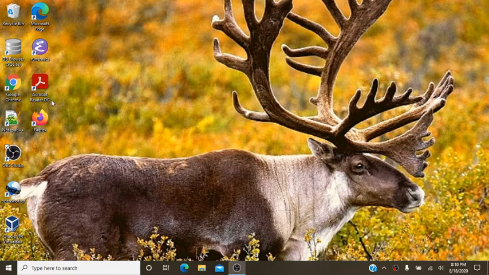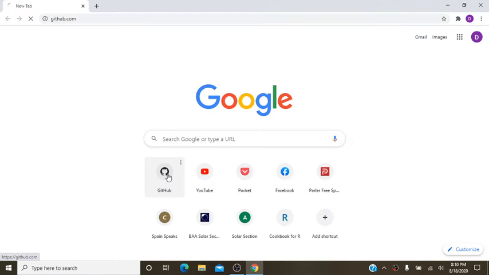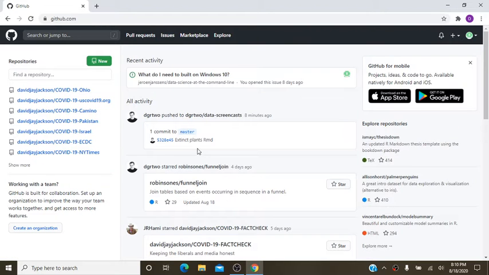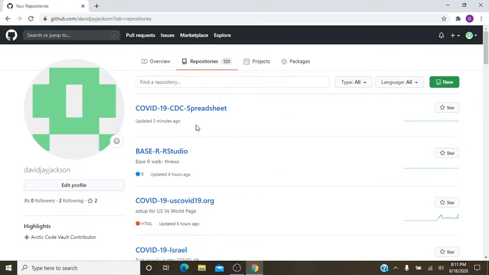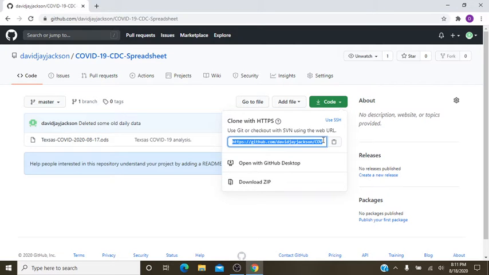So first, I want to suggest that if you haven't started to already, sign up for GitHub and use GitHub to manage all your projects. Several advantages: it makes it easy to organize projects, and of course, it also makes your project available from any internet connected machine. As you can see here, I've already created one for spreadsheets. If I was to clone this, I would simply come down here after creating it, highlight this,